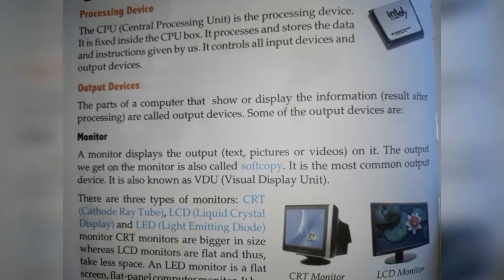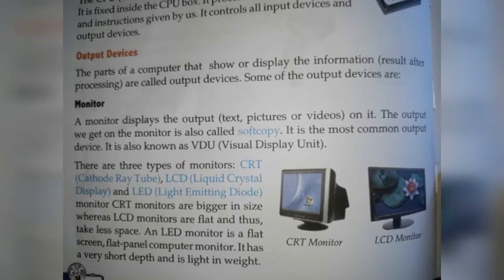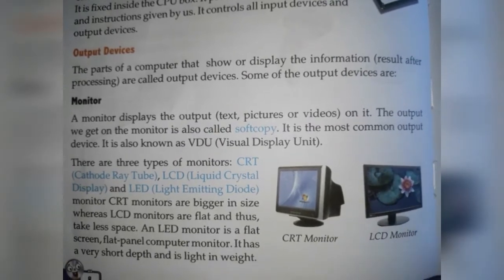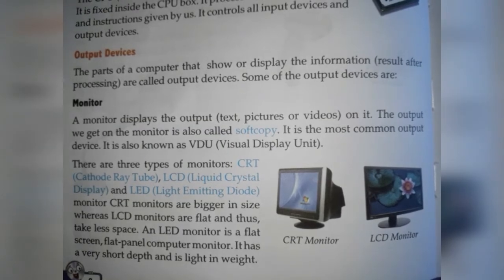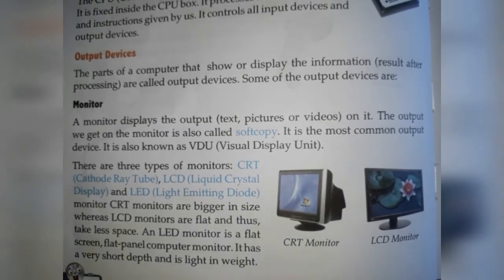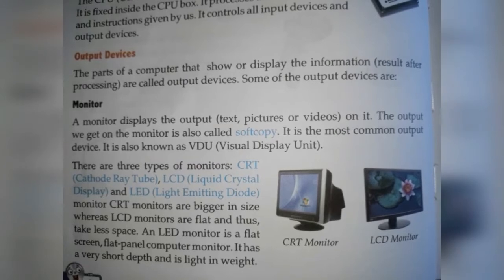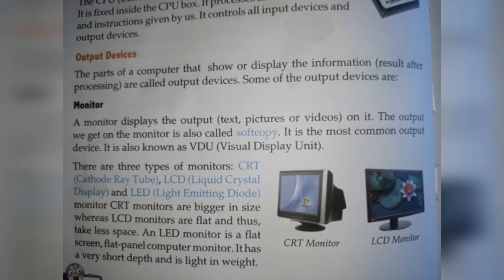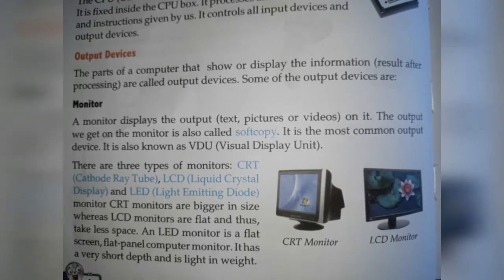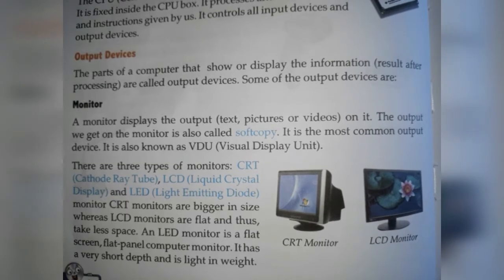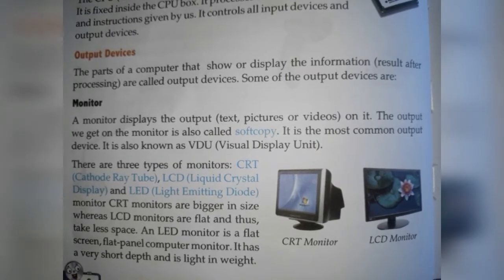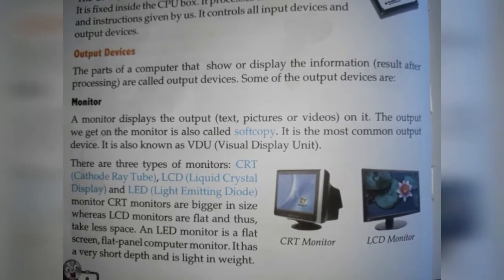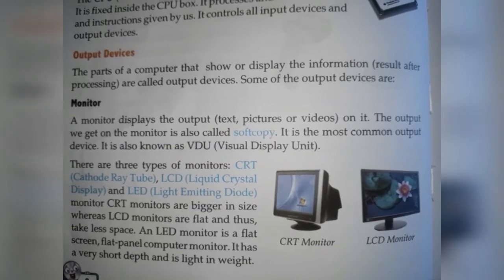Next thing we are learning here is output devices. What are the output devices? Output devices are the devices which show or display the result based upon whatever instructions we have given to the computer. So these devices display the result. What are the output devices we see in our lab? Yes, these are monitors, or the computer screen, which is called the monitor of the computer, is the output device which shows the result of the instruction which we have given to our computer.